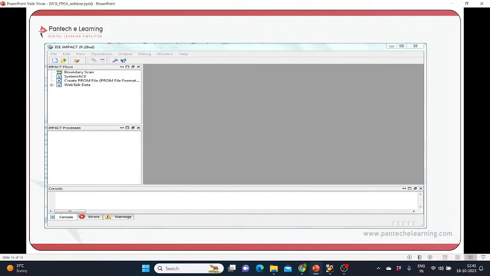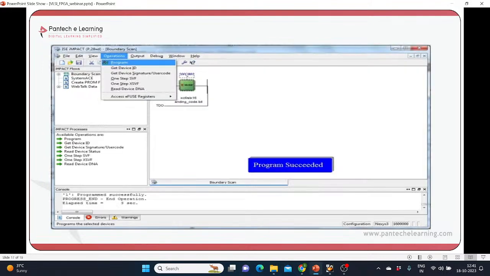On the left side you will have the boundary scan, right? You just have to double click on the boundary scan, and then you are going to get the Xilinx chip here. You are going to get this Xilinx image here. You just have to right click and program it. In this way you can dump your code